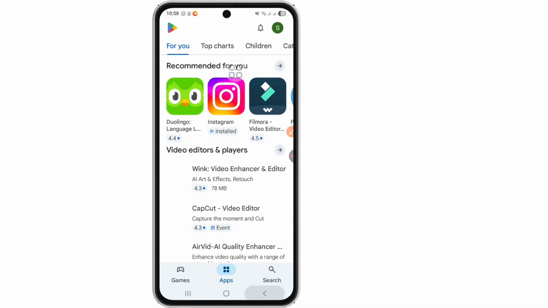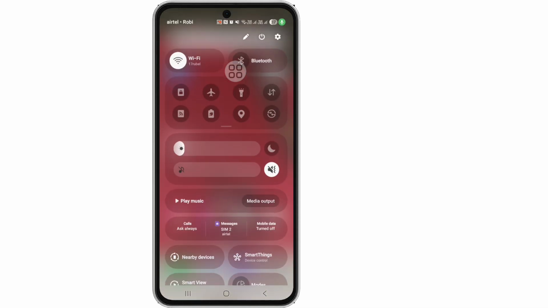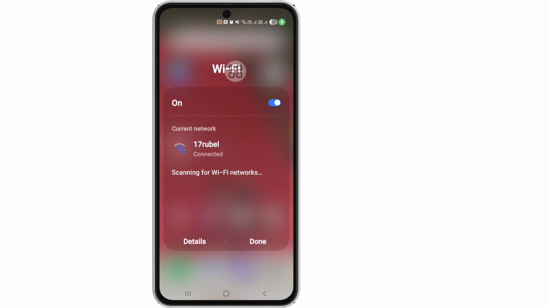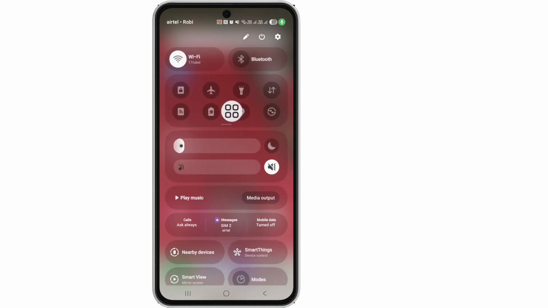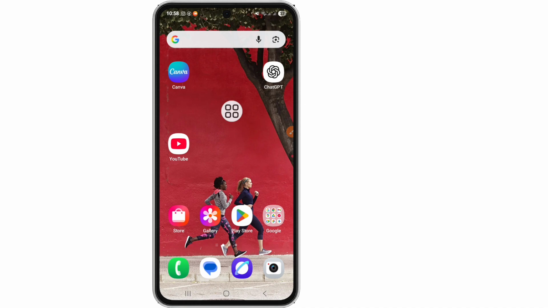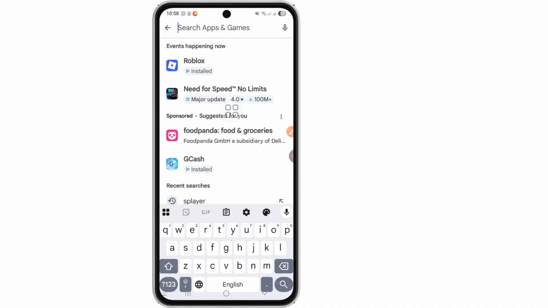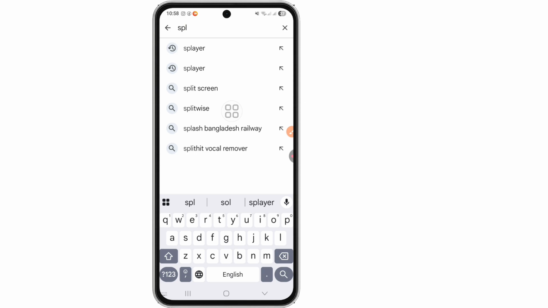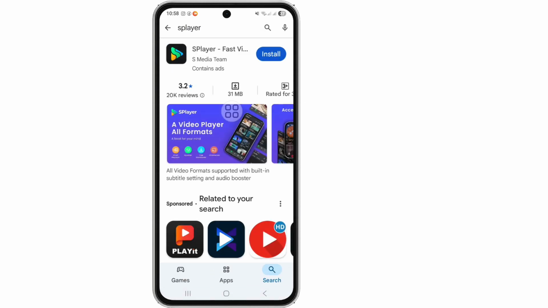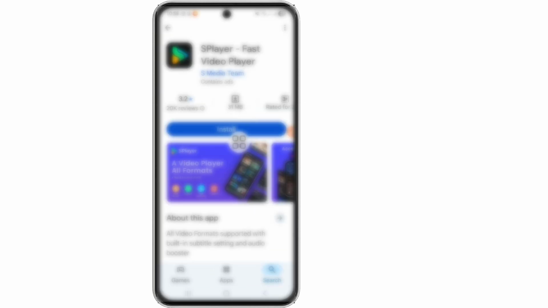Okay, and check your internet connection and back and go to your Play Store and now search here SPlayer app and click on the SPlayer app and now install your SPlayer app. Okay, and back,